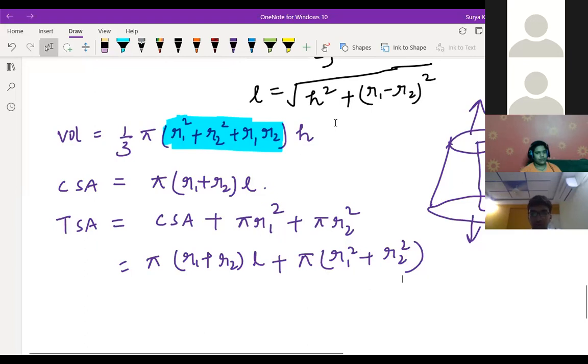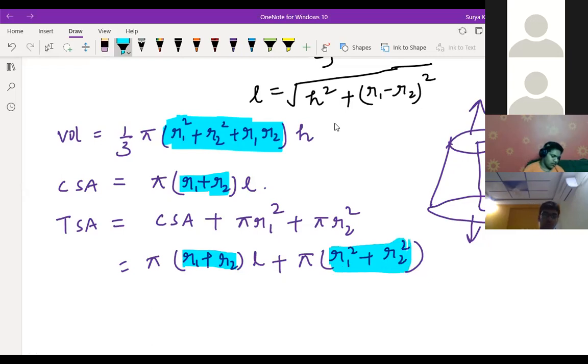So this part, if you remember, we can move further with the questions now. See, this is nothing but the cone part. If you remember, this is also similar only. Only the R part will get changed. So pi R square H: instead of 1 by 3 pi R square H, you can write R1 square plus R2 square plus R1 R2. CSA is equal to pi R L, so instead of R, we write here R1 plus R2. TSA is pi into R1 plus R2 into L, plus this top circle and this bottom circle area that we are getting over here.